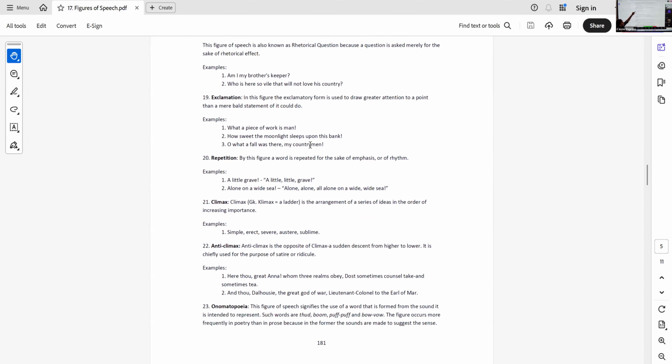Exclamation. This is easy. But see, exclamation, what you need to understand, some people just blindly look for the exclamation mark. But that's not the only way to do it. Think of the sentence construction. If I say, it is a lovely day, it's a statement. If I'm using a rhetorical question, I'll say, isn't it a lovely day? Question mark. That's a rhetorical question. And now if I change that to an exclamatory sentence, I'll say, what a lovely day it is. This is exclamatory sentence because the sentence construction is different.